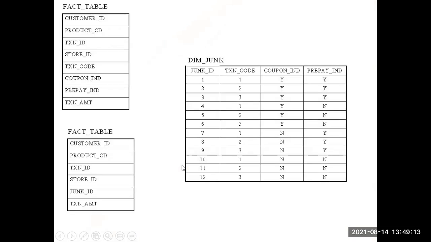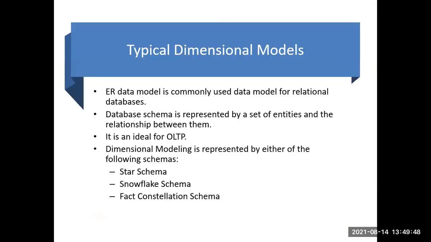These are the junk attributes or columns that are not useful, which you have to keep in the junk dimension. Now from that table, junk ID is not important for us. Transaction code is not that, coupon indicator is not that, prepay indicator is not that. If we join both the tables, what will happen? It will take a lot of space. So whatever is not useful, we can provide in the junk dimension. Don't throw, don't discard. It may get used, but keep aside. Okay, so that was the junk dimension here.